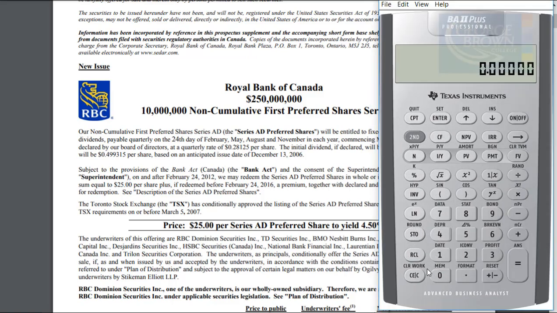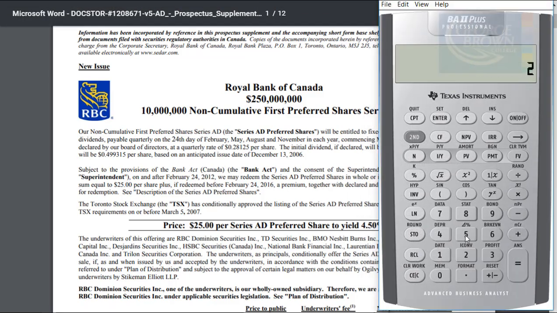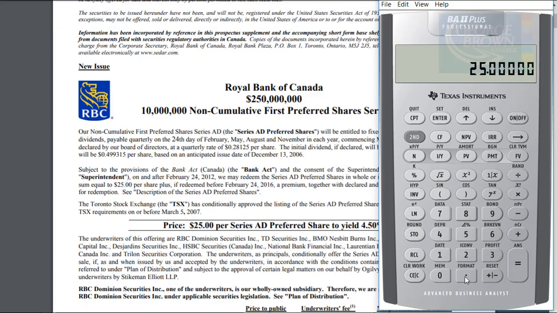So if I just bring up my calculator here, you can see 10 million preferred shares were issued times a par price of $25. So they're raising $250 million, okay? And so again, it says here to yield 4.5%. So if I look at the $25 and I multiply it by 0.045, you can see that the annual dividend would be